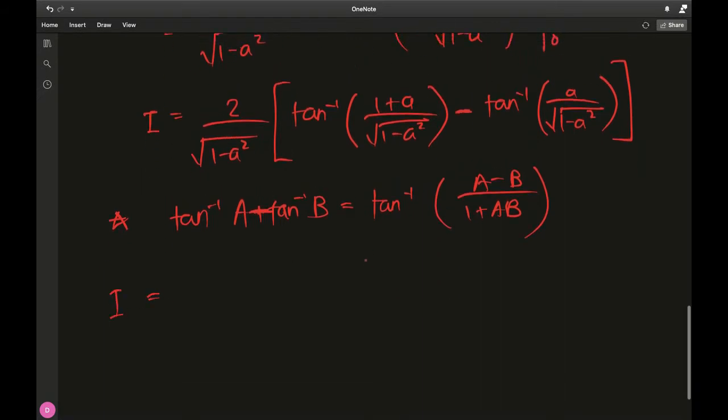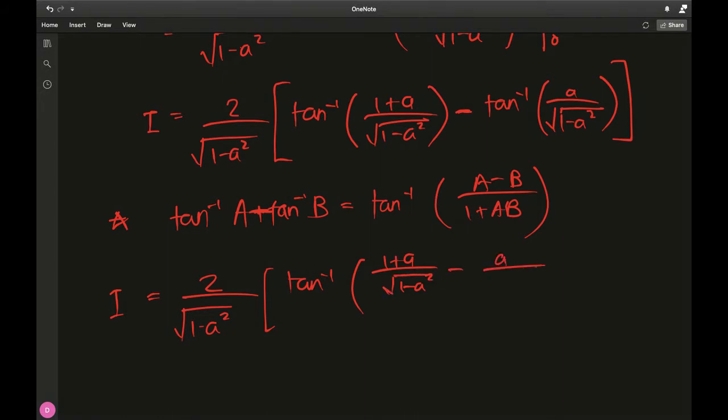I will do a proof of this once I make an entire video on inverse trigonometric functions. So we have 2 over the square root of 1 minus a squared, and then this will become inverse tangent of 1 plus a over square root of 1 minus a squared minus a over square root of 1 minus a squared,